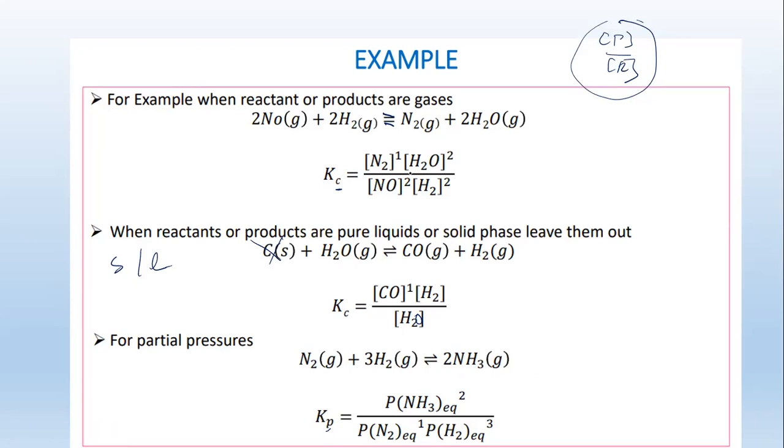For concentration, we use the square brackets, but for pressure, we use P as pressure at equilibrium. Pressure at equilibrium, we use the round brackets, and then we raise to the power of 2 from the coefficients of the balanced chemical equation. This is also balanced. And again, check whether your equation is hetero or homo. This is homo. We can include everything. Gas, gas, gas. And therefore,